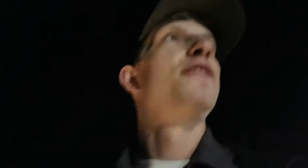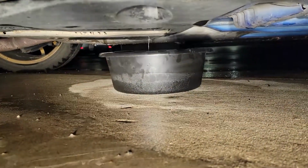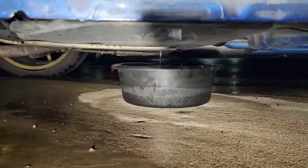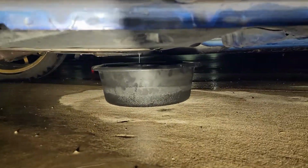Alright guys, so I was on my way into work and had an unfortunate little incident. I'll show you here. Kind of pisses me off. That's my gas tank, leaking all the gas I just filled up. That is full. All 13.2 gallons. And if you come to the front here,